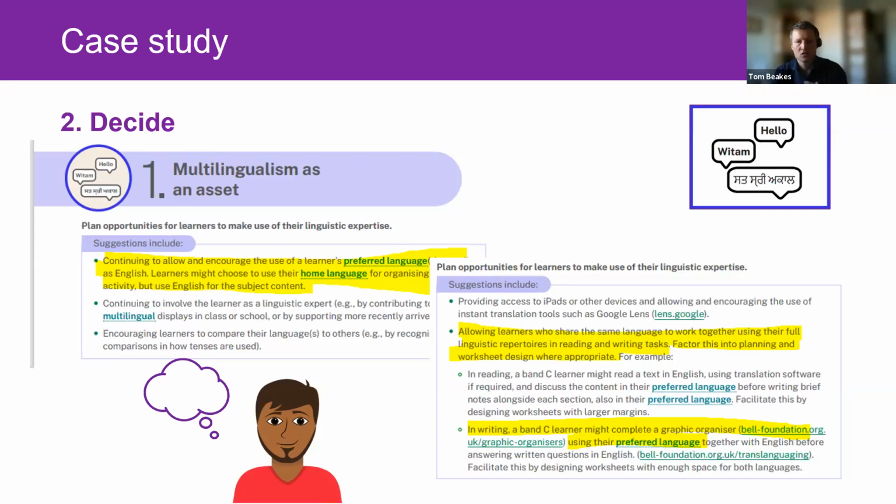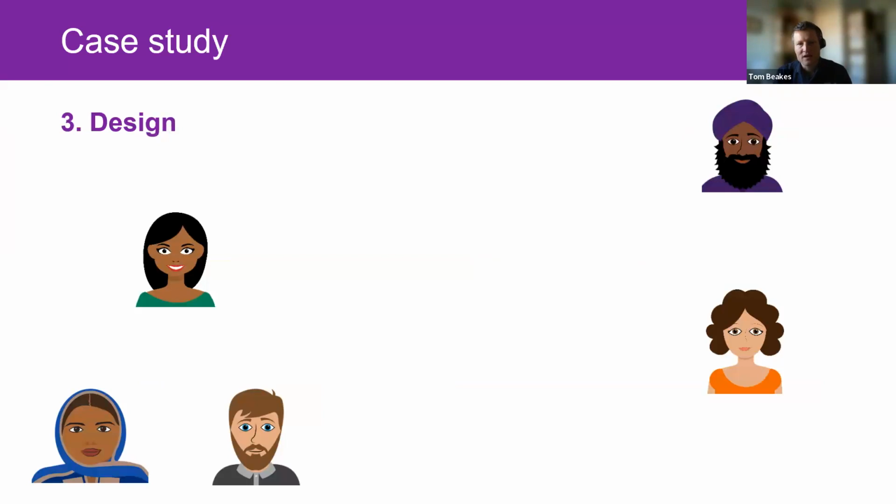So again, teachers are given the choice now to work in small groups with colleagues, or they can work alone. And they're going to experiment with a particular strategy taken from the support strategies document in the multilingualism as an asset section. And they're given a pro forma template to fill in with their idea, which they have to go away, think about, complete, and post to a shared space so that everyone can see each other's ideas. And this is where the design phase comes in.